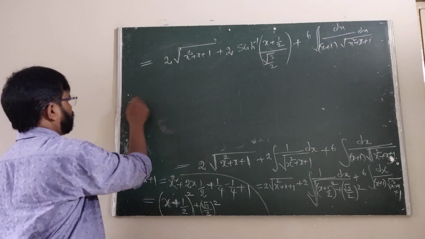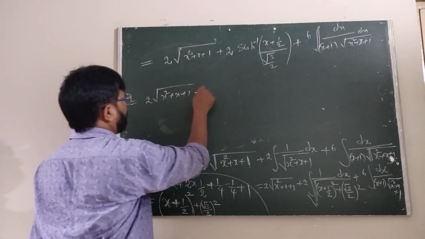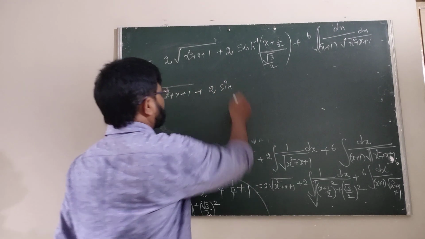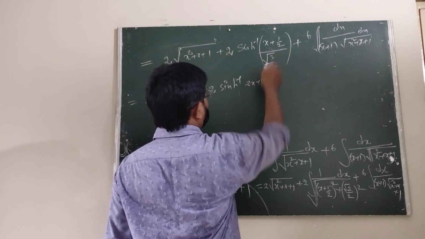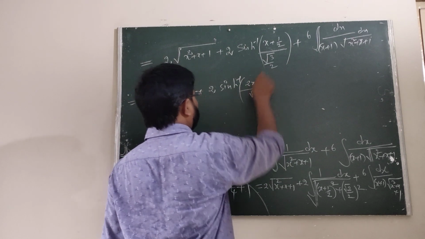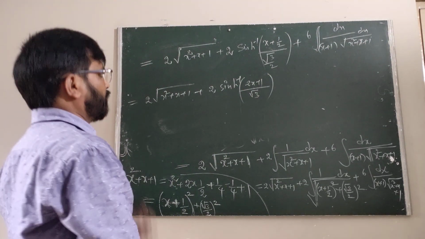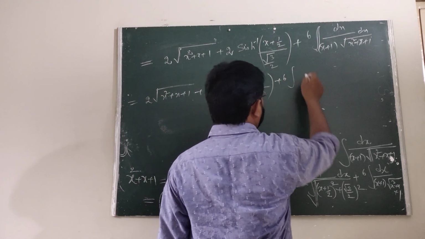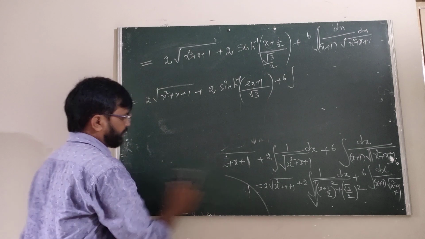Now here we write 2 into under root of x square plus x plus 1, 2 into sinh inverse of 2x plus 1 upon root 3. The sinh inverse of 2x plus 1 by root 3. Now here, how to find the last one? We know that to evaluate that type of integrals,